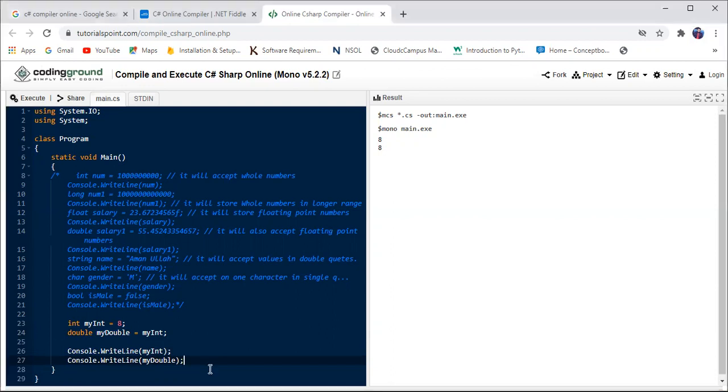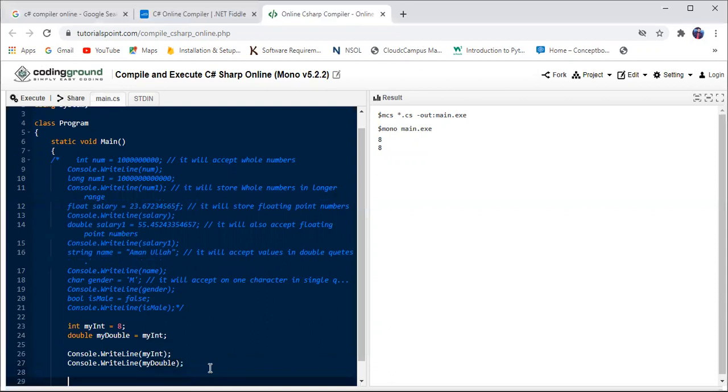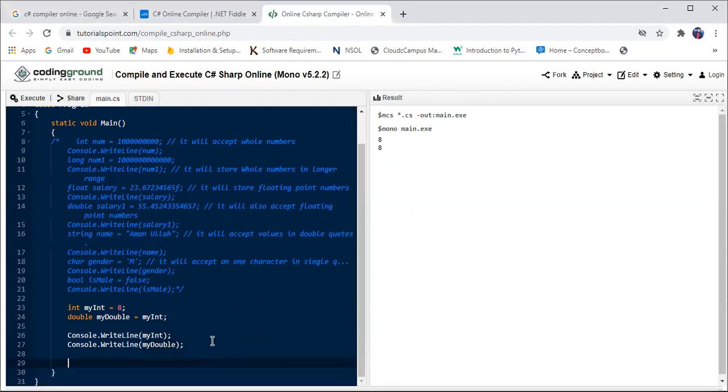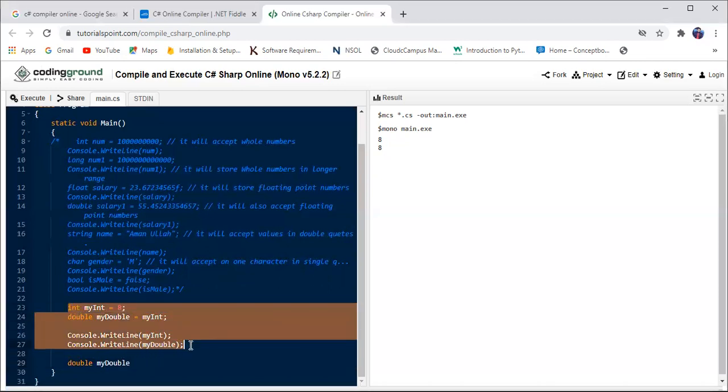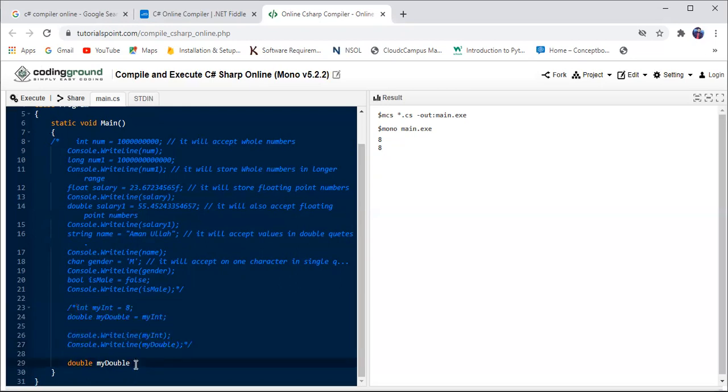Let's write double myDouble. Let's comment the previous code, and then myDouble is equal to, for example, 9.8. This is a double type value.